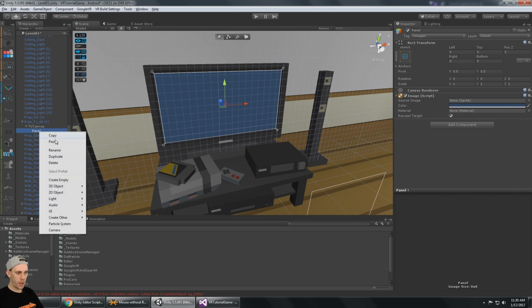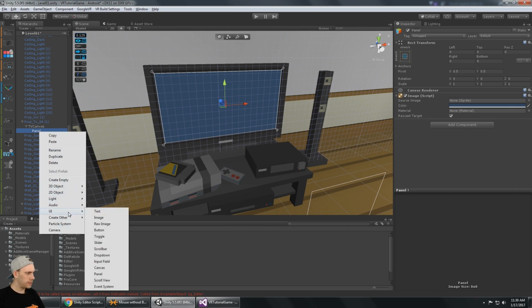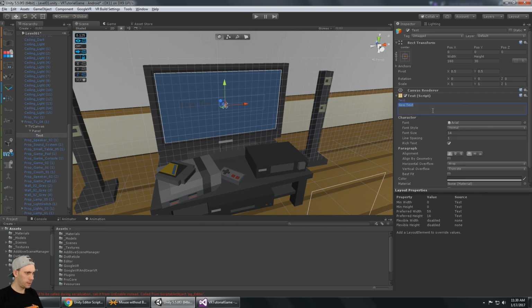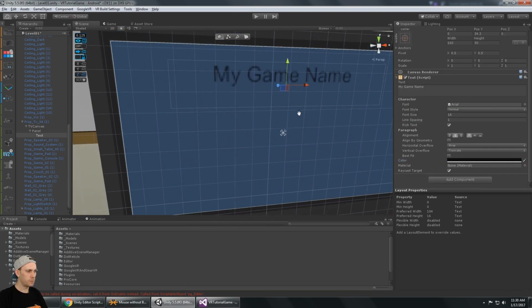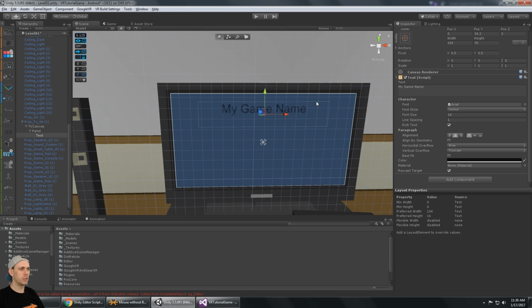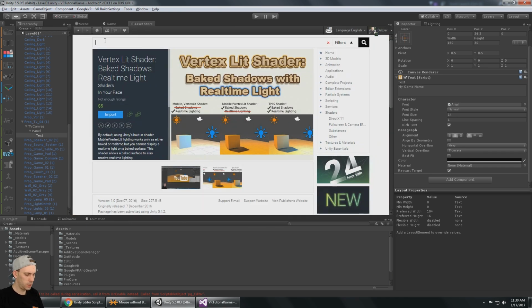Now on the panel, I'm going to have some text. I don't know exactly the way to design this, but I guess I'll call this my game name. So this is essentially the main menu. I'm going to center the text, the scale. I could put the scale down and find a font, but because Unity's default text looks pretty bad, I'm going to use the